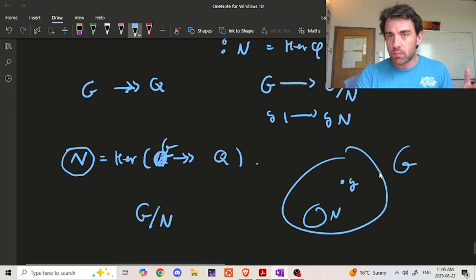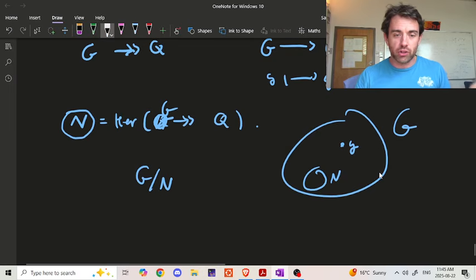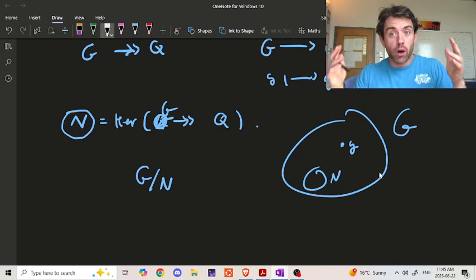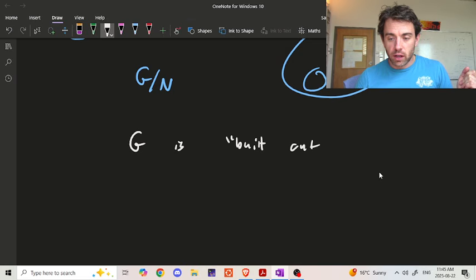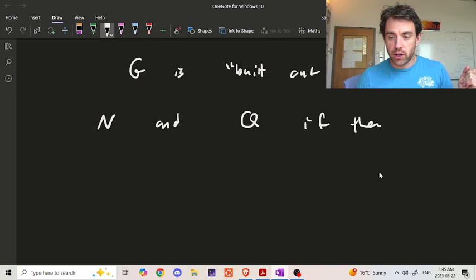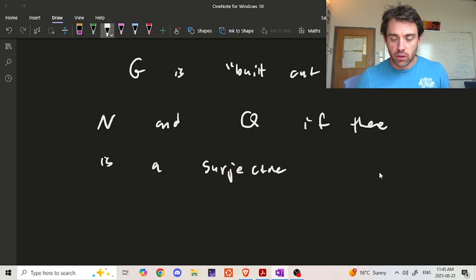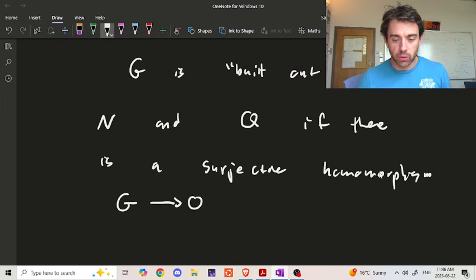So with all of this in mind, what should it mean that a group G is built out of two other groups? Well, here's what we could say. G is built out of N and Q if there is a surjective homomorphism from G to Q, call it pi,